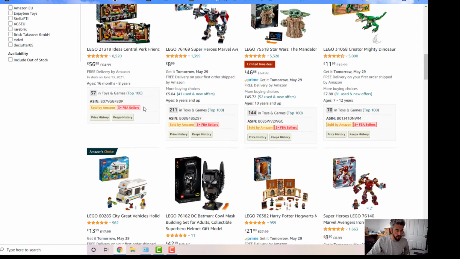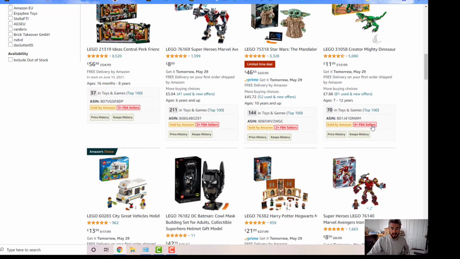The other piece of information that's useful is here: 3+ sellers, 3+ sellers, 2+ sellers, 8+ sellers. If a product only has one seller, or it just says sold by Amazon, there's a chance that Amazon aren't sharing the buy box with anybody else, or that the creator of that product is the only one allowed to sell it. Okay, so this is a really good overview.